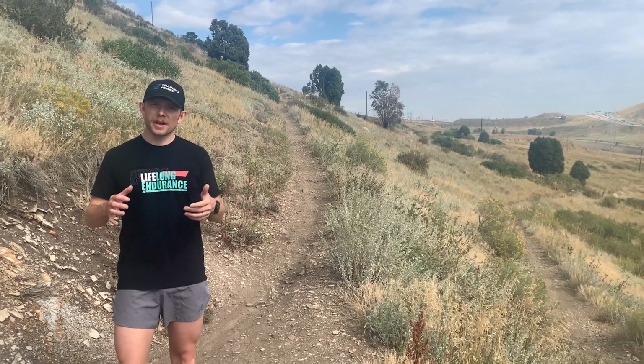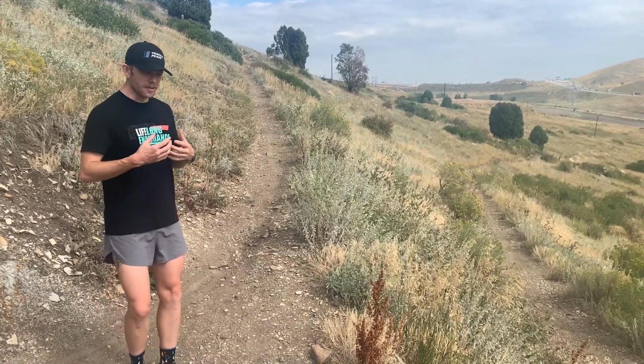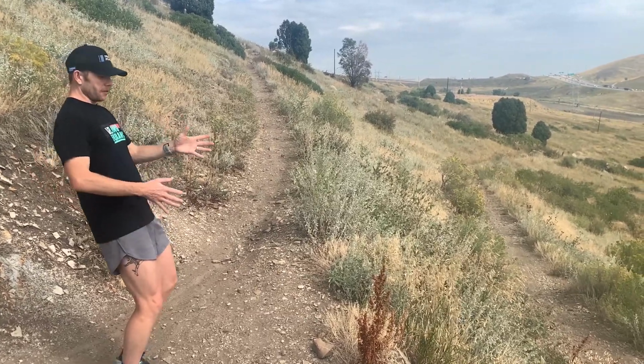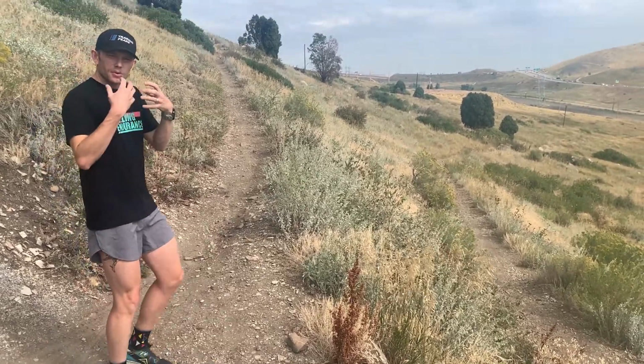All right, so the next big thing to take into consideration when you're running downhill is your actual body position. This is where a lot of people really get stuck: they move from a position of normal running with a nice upright body position to this backwards kind of, "I'm braking, I have to brake a lot," and then they're looking down. And that's really going to start to create some pretty bad